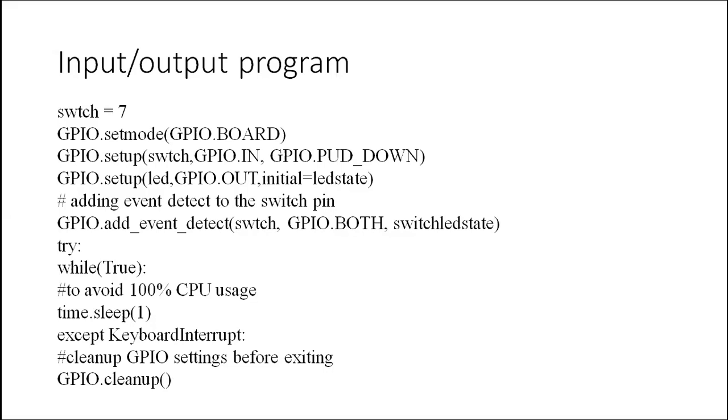Whenever the user presses the switch, it is going to switch on the LED, provided the LED is in the off state. When the user presses the button and the LED is already in the on state, it will make it off. So based on the user's input, it will toggle on and off. When you are using an input device, accordingly your output device has to work, meaning you should go with the concept of adding an event to the particular pin. So this is the input and output program.